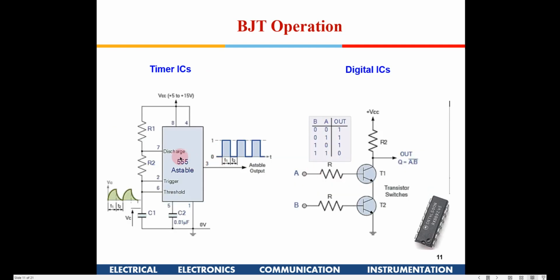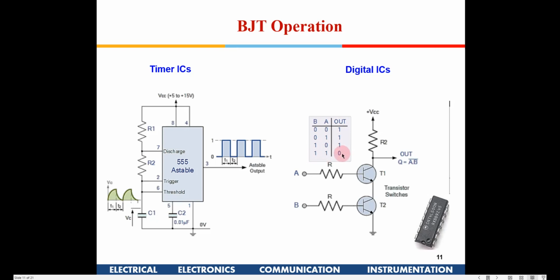Okay, so they are used in IC 555. This is an IC which is very widely used to generate square waves. Within the IC 555, you have BJTs. Okay, the final output is a square wave. And also there are digital ICs which use BJTs. For example, if I have to realize a NAND function. Okay, NAND is like if you have an input 0 0, the output will be 1, 0 1, output will be 1, 1 0, it will be 1, 1 1 is 0. Okay, 1 1 means it is not this and this and this.